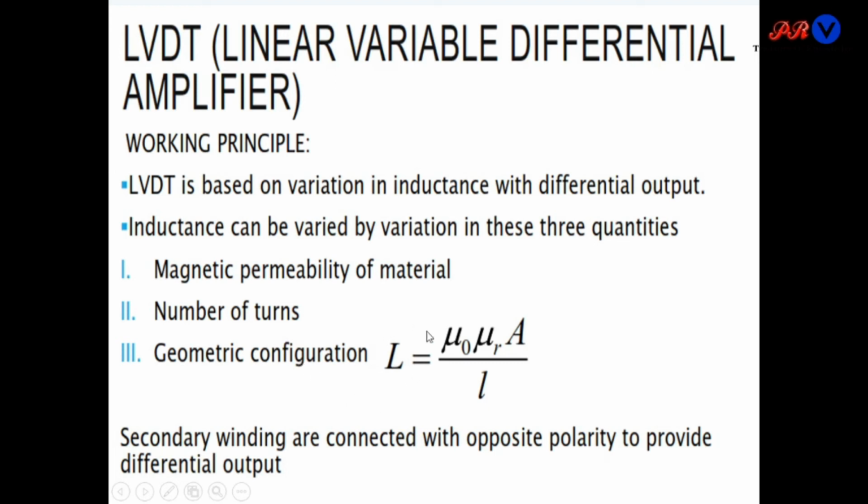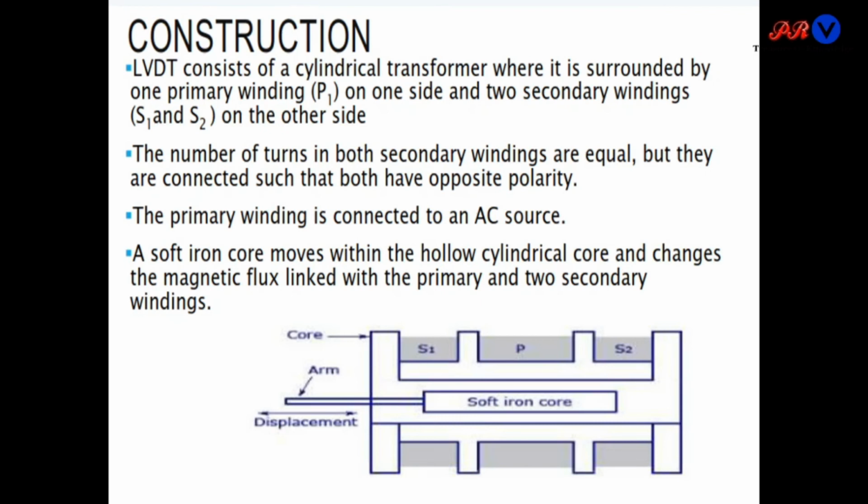Because the inductance of a material is given by mu naught mu r A by L. Secondary windings are connected with opposite polarity to provide differential output. Here we will connect the secondary windings in such a way that they will provide differential output. Construction: